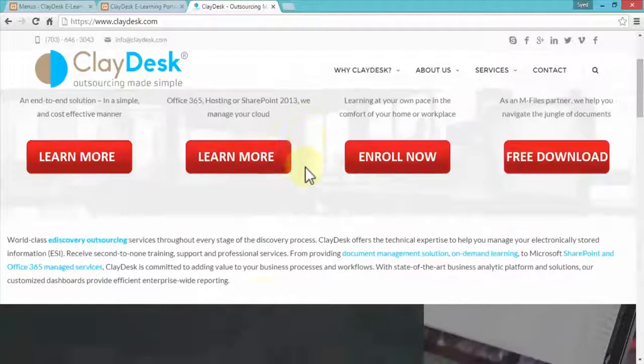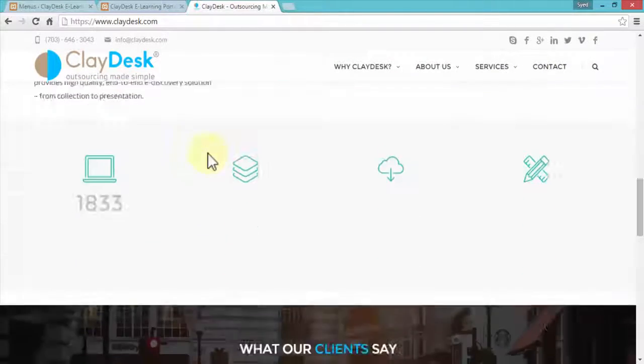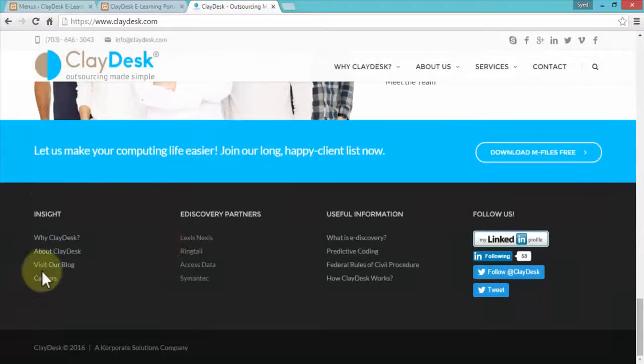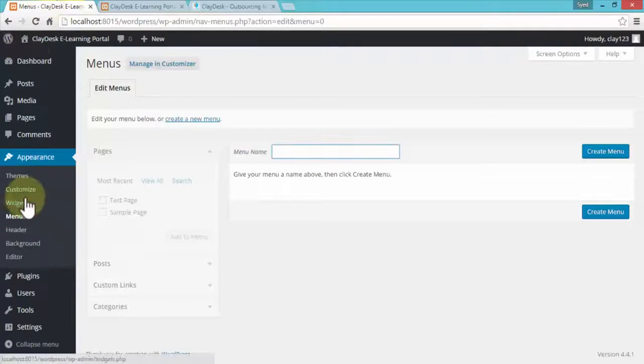Similarly, if I scroll down towards the bottom of our website here, notice the bottom section has four columns, so to speak, right? So I have Insight, eDiscovery Partners, Useful Information, and Follow Us. These are coming from widgets. These areas are created using widgets in WordPress. So let me navigate back to the dashboard here. If I go to my Appearance here and click on Widgets,